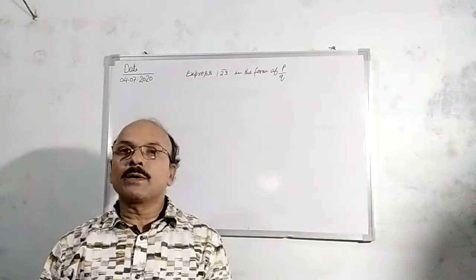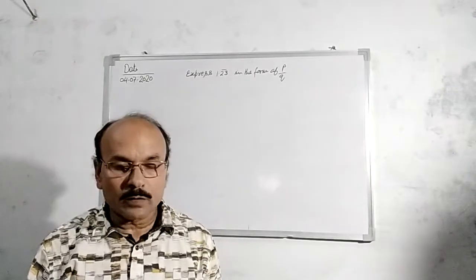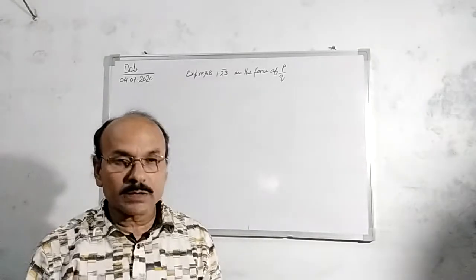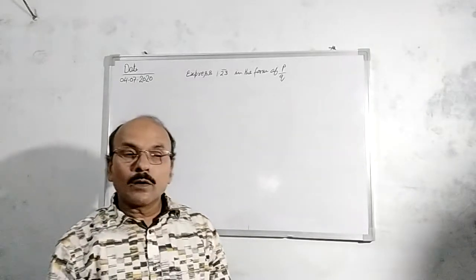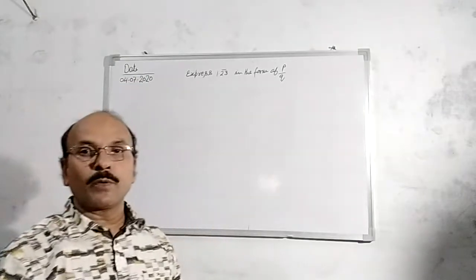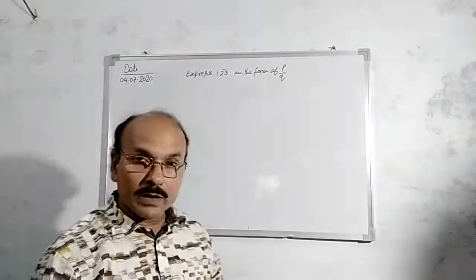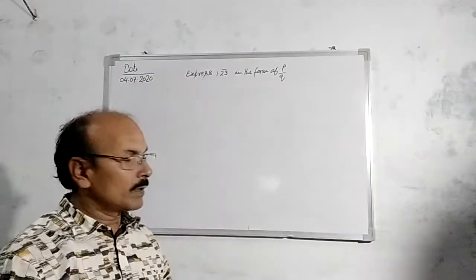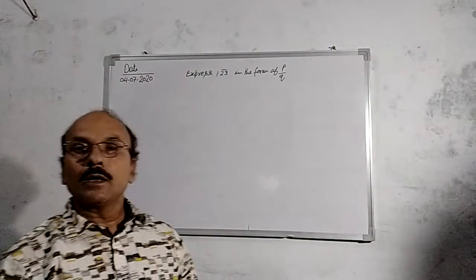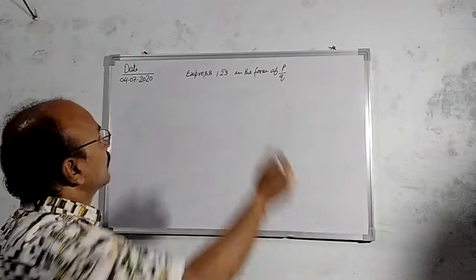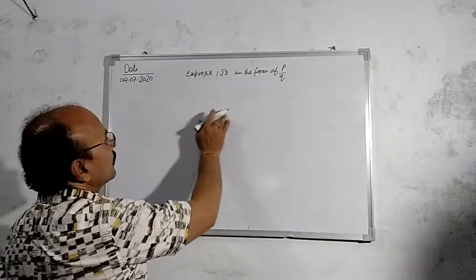Students, yesterday I explained to you terminating and non-terminating numbers, means what are terminating and non-terminating numbers and how you can convert non-terminating numbers in the form of P upon Q. Today I explain to you some more examples of non-terminating numbers, that how you can convert them in the form of P upon Q. So let us see.